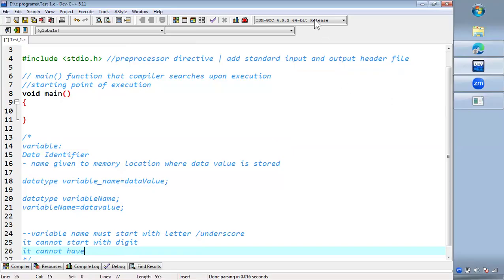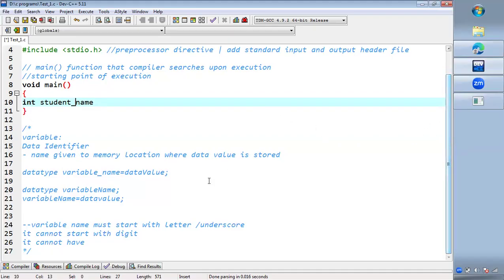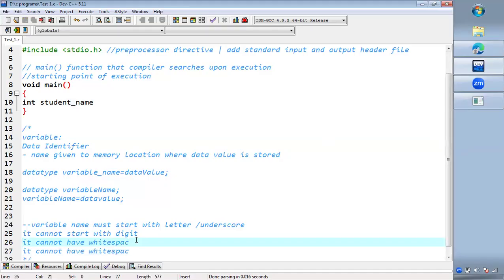Like here, suppose int is the data type and the variable name is student name. This is the variable name I want to use, but here I have given a space, so this is going to create an error. Instead of a space, you can use an underscore. You cannot have spaces in between the names in a variable, so it cannot have white spaces. Instead, you can use,